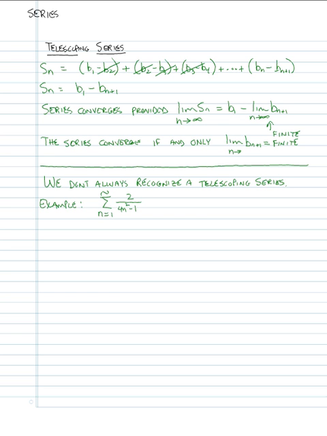So here we have a series, the sum from n equals 1 to infinity of 2 over 4n squared minus 1. And this doesn't look anything like what we've been seeing, where we would have this collapsing in the middle. And so we don't recognize this as a telescoping series. But let me write this down, okay? If we consider partial fraction decomposition,